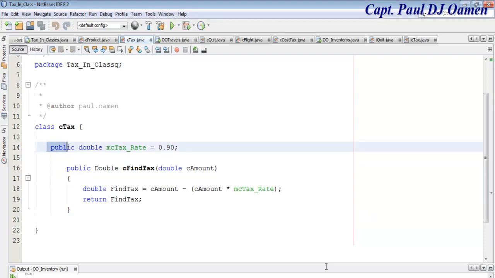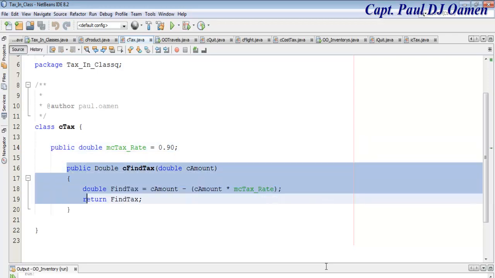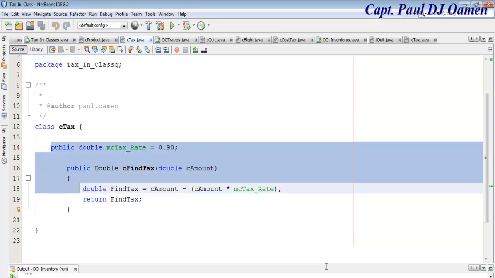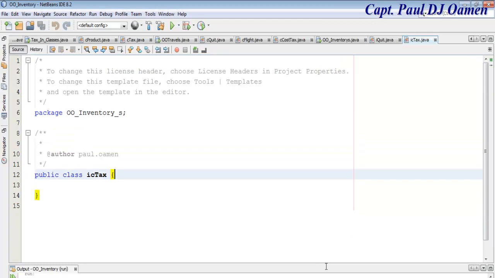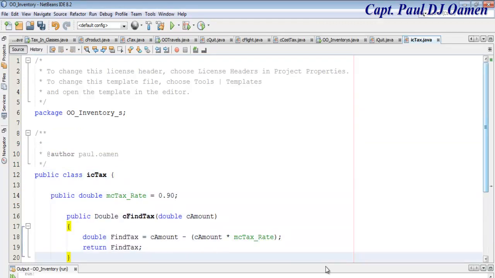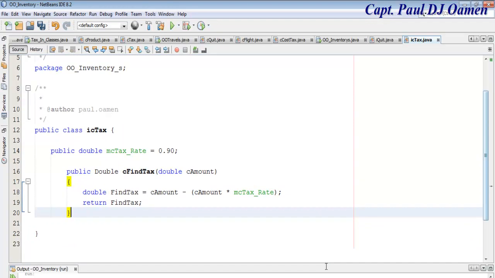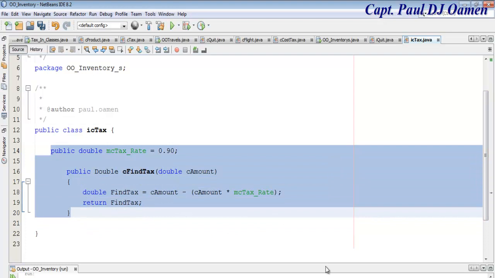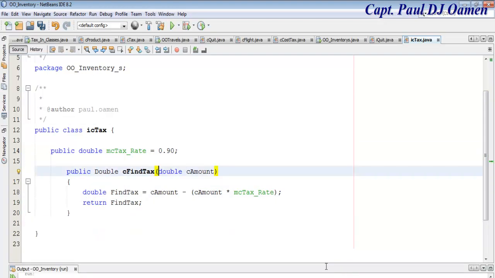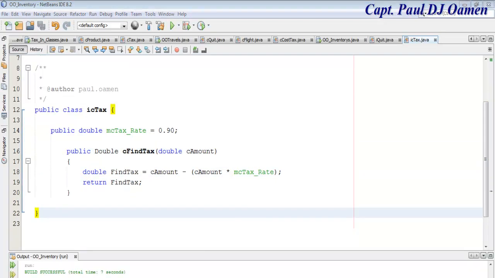So right here, that is the field, or you can call that the data member, and here that is my method. So I'm just going to copy that, paste it inside my IC tax here. There we go, guys. This is called code reusability. That makes life easy for me. So I'll be using this to work out my tax. Okay, now let's take care